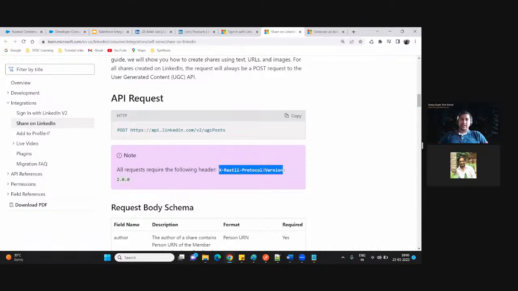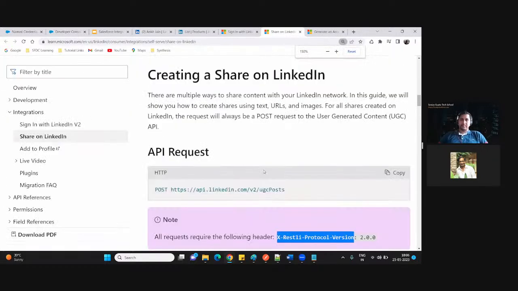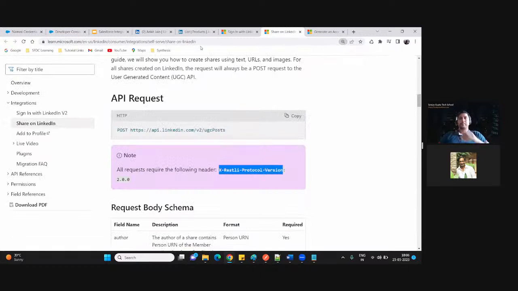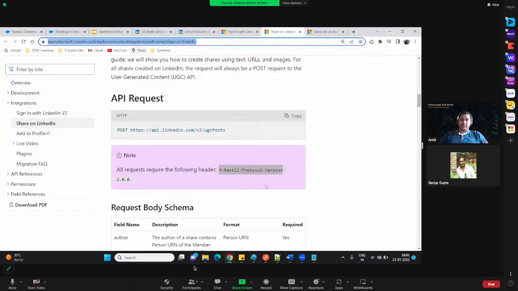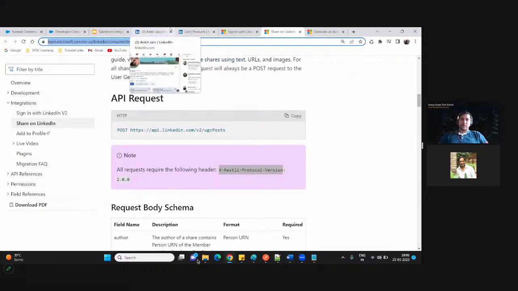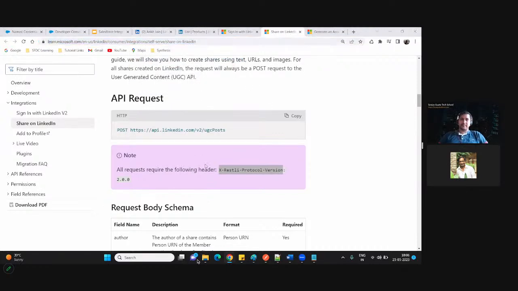So Ankit, till here, can you share the link so that I can share with the audience in the chat? They have to follow this to get that link. I'm not sure whether this link will directly work for them because they have to register it. But let me try in case that works.